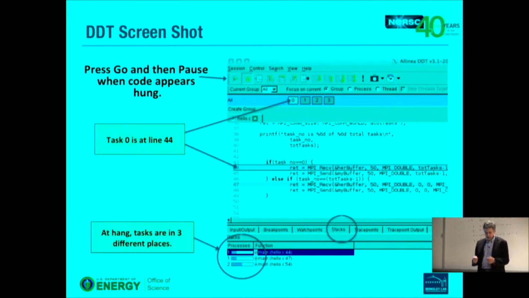So the debugger comes up. I'm not going to go through it in detail. You can find that we have videos and lots of help on our web pages, but you get something that looks like this. So it comes up, you press the start button, which is up here, and then it runs. Now in this case, it runs until it hangs, because we know it's going to hang. So after a little bit, it hangs, and then I press the pause button, and I